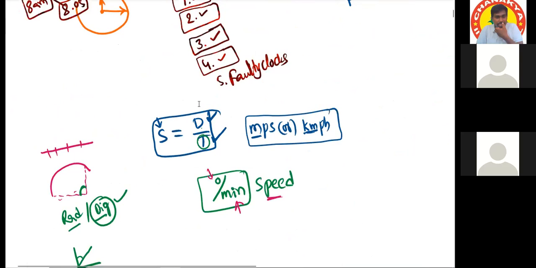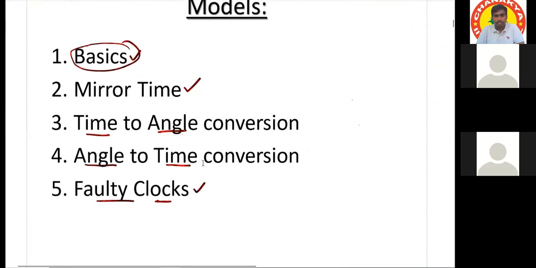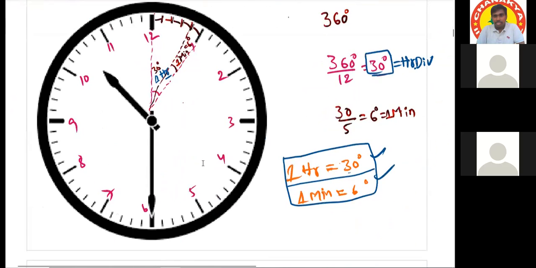What is the unit of speed in a clock? Angle per minute. Angle will be considered in terms of degrees only. So we consider degrees per minute. Yes, sir, degree per minute. Okay. Right. Next,